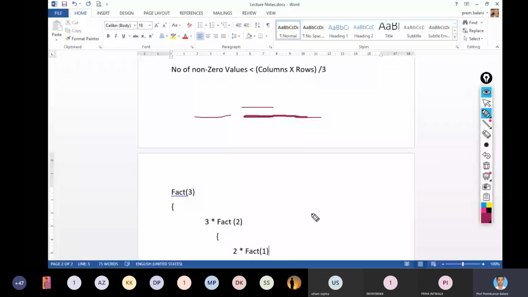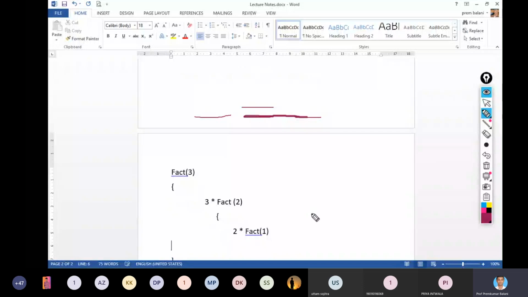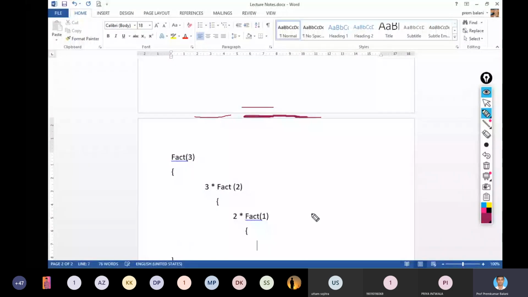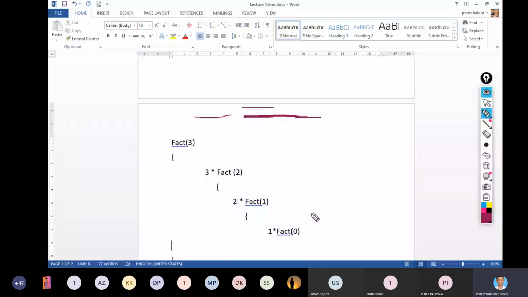Yes or no? Getting this? Then in factorial of 1, I will call 1 into factorial of 0, right? All of you are getting this?